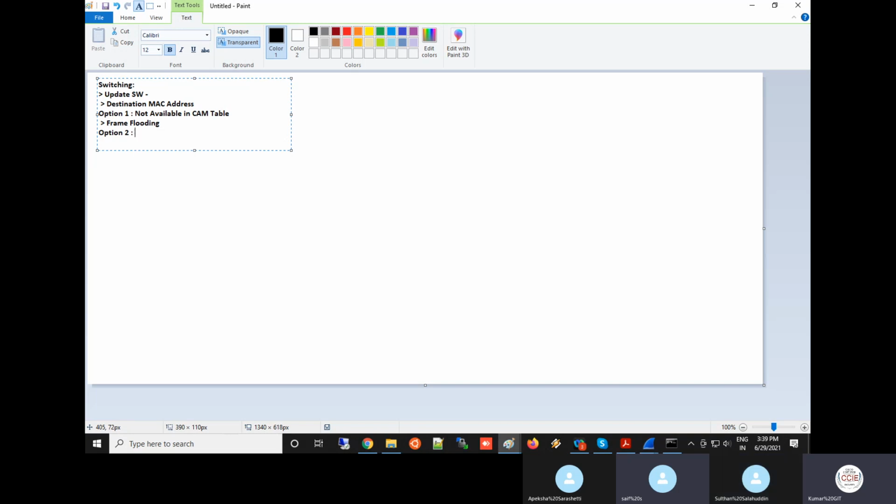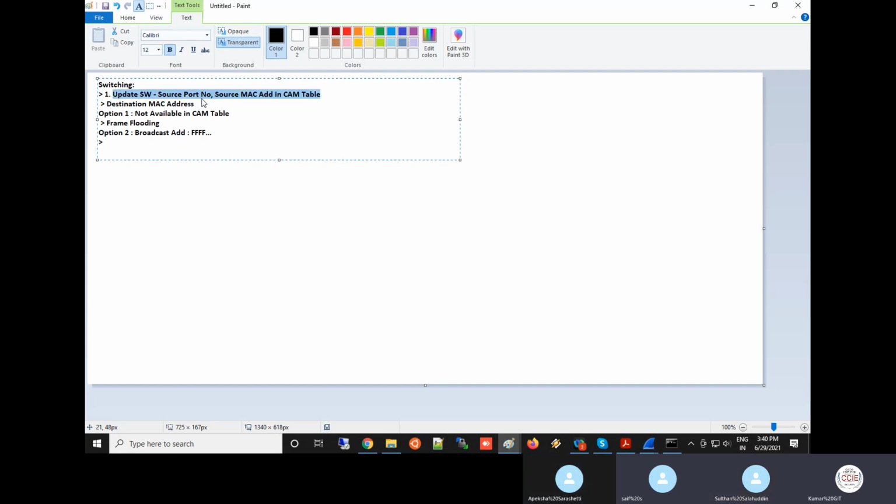Okay, next option: the destination MAC address is broadcast, example FFFF. So what will it do? First, step number 1: update the switch source port number and source MAC in the CAM table.